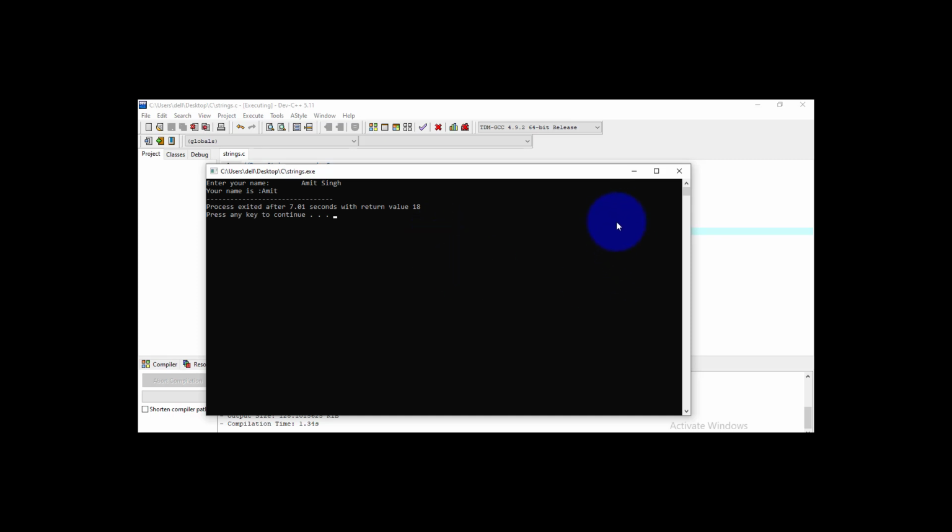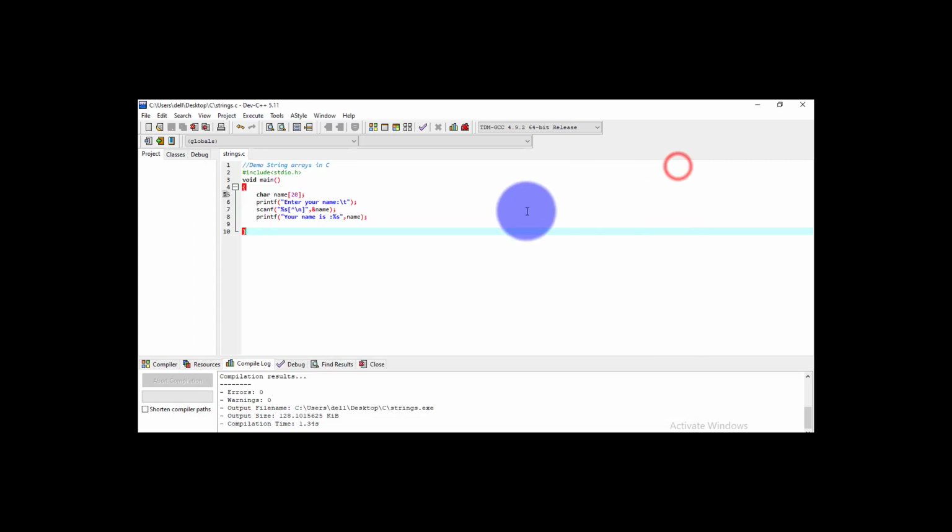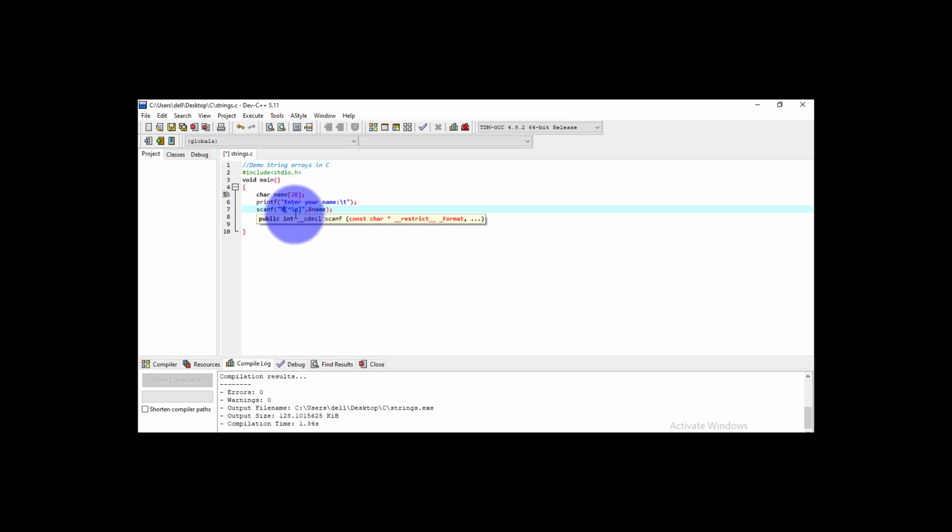So here we have to make small changes. We don't have to use s with this; we have to use %, and after that we put this symbol. It indicates that this has to be read until we press the enter key.